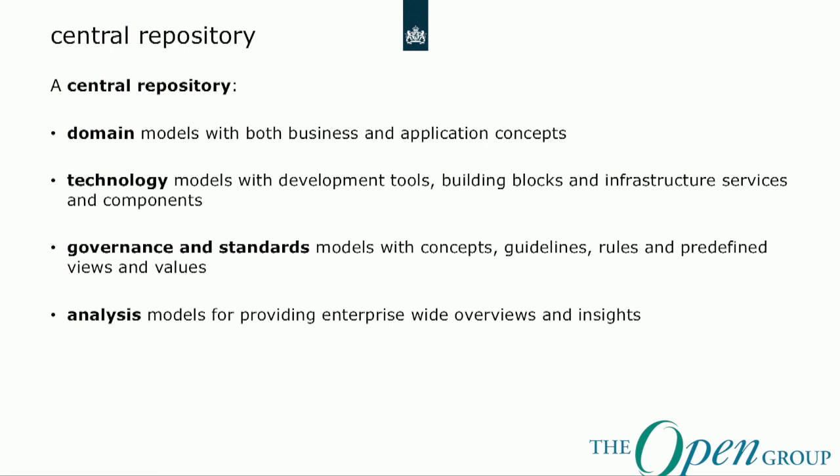And one of the key things in the approach was that we want to have a central repository. We had to define some structure for the repository because it's a large IT department, 3,000 people working in it, many developers, but also a lot of architects. And we had to define what our repository would look like. Is it just one big repository and everybody is able to put in things, or do we have to subdivide it? It is a central repository, but we have divided it into different domain models,